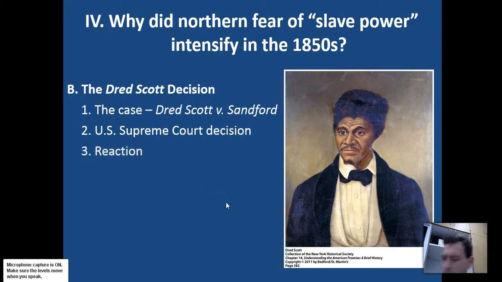The reaction up north was just one of flabbergastedness, if that's even a word. White Southerners were very happy about this because this affirmed that the slaves were property. Northerners, Northern abolitionists more specifically, and Republicans now were very frustrated with this decision, and thus this added to the tension. So you have Bleeding Kansas, the Dred Scott decision,